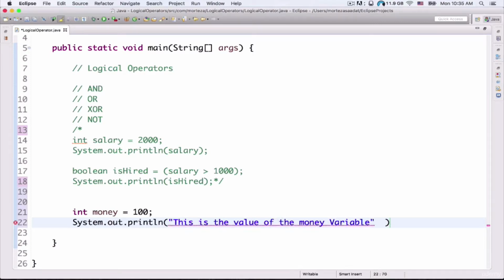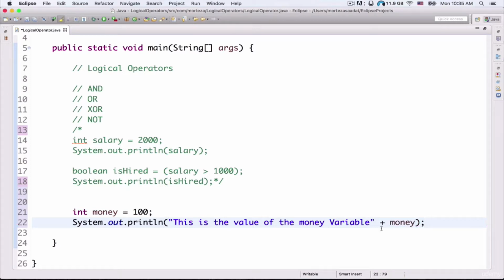And here after the double quotes, I need to put in a plus operator, because I want to concatenate this text with my variable name. So I just need to type in money,